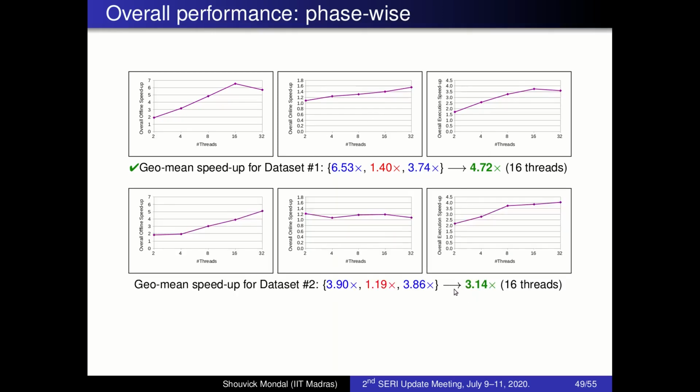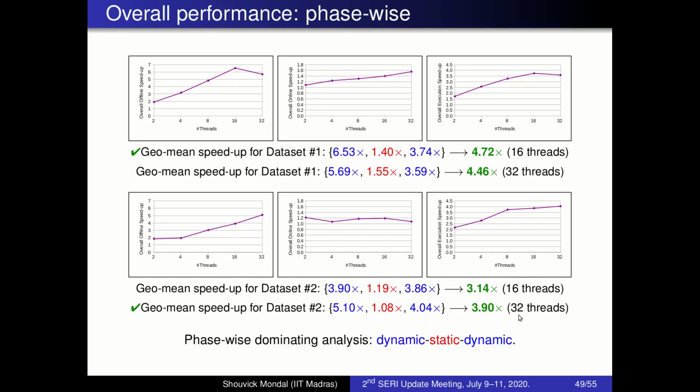So you get 3.14 speedup with 16 threads for dataset 1. Now for dataset 2, it is linear, much more because of the heavy global sections, much more file and disk processing. Dataset 2 GitHub projects tended to have more revisions, major revisions, like between commits they have much more changes. So the speedup profile is due to this dominating, because dynamic analysis is more here, while static analysis is more because of not much thread availability and much of it is done in memory operations. In dynamic phases, parallelism is greater but it also involves disk overhead, which ultimately brings down the parallelism. So these are the challenges. For dataset 2, the optimal configuration came at around 32 threads.